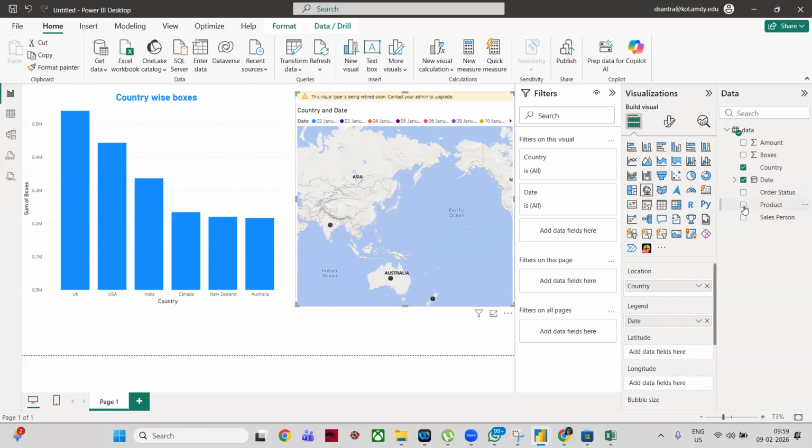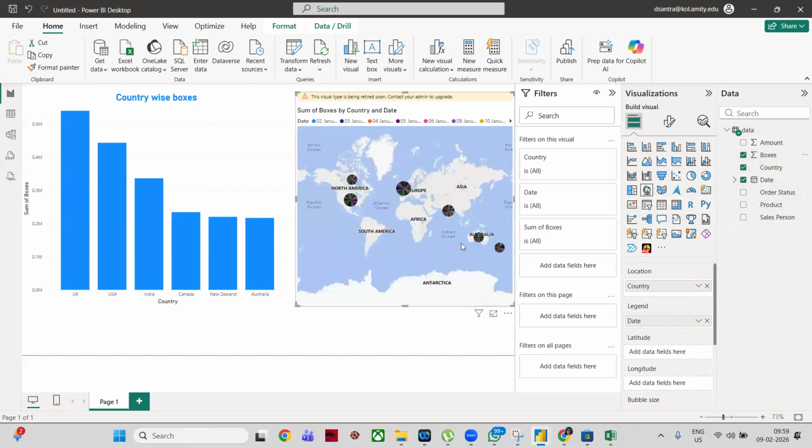If I click on the product also, how many boxes also? Wow. You see there is a pie chart which has been created. And if I just hover the mouse there, suppose this is country USA, date 3rd July 2024, sum of the boxes